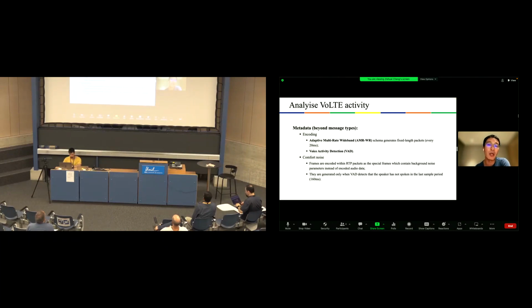In LTE and 5G, VoLTE, or voice over LTE, uses adaptive multi-rate wideband to encode audio data and generate fixed-length packets. And they use VAD, voice activity detection, to save bandwidth and improve calling quality. The comfort noise frames are special frames which contain background noise parameters, not the real audio data. And they are generated only when VAD detects that the speaker has not spoken in the last sample period, like 130